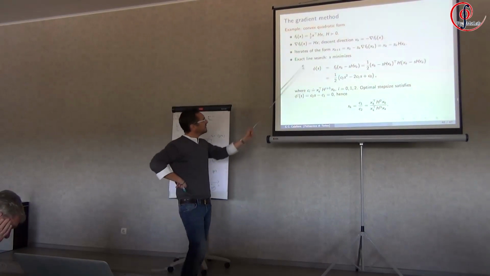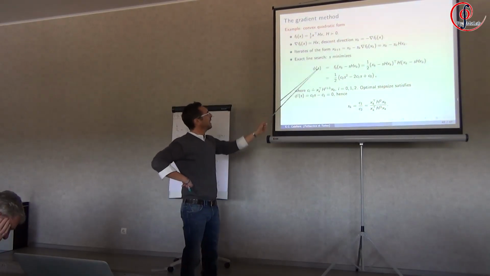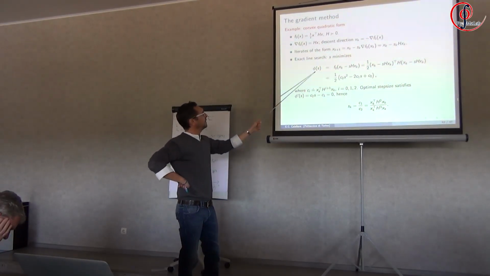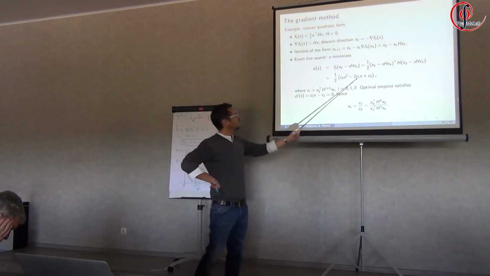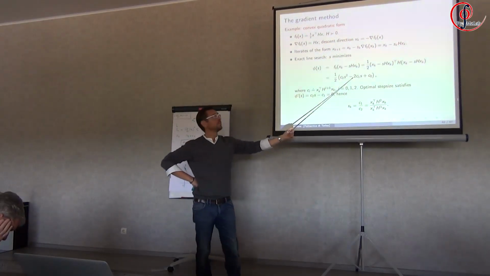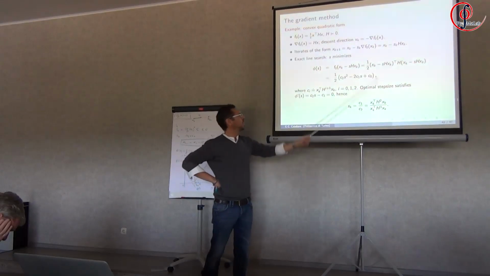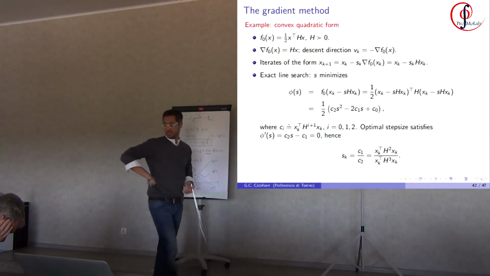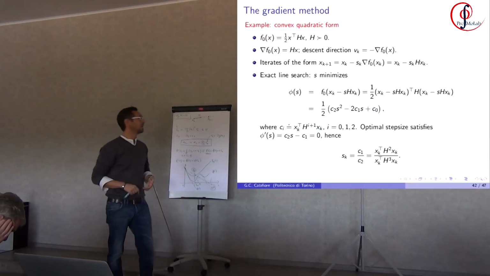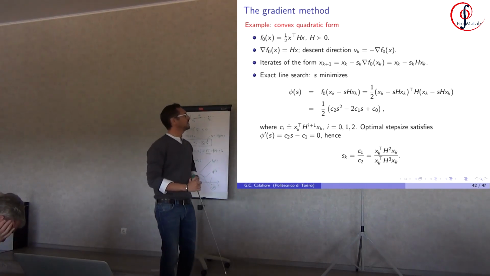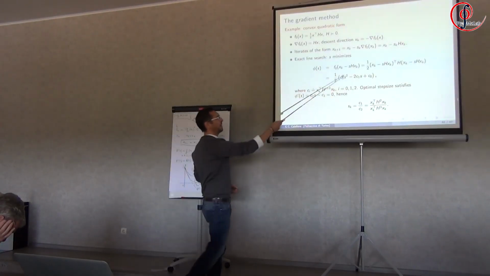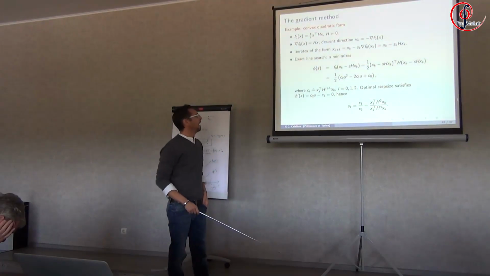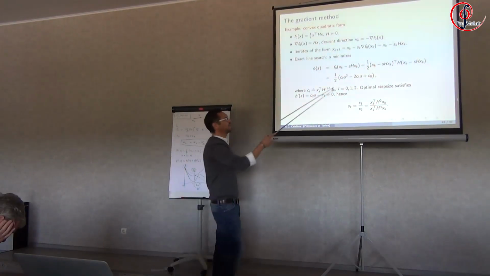And actually, in this particular case, we can write our function phi. And if we look at phi, it has exactly this form here. There's one half. It's a quadratic equation in s, of course. So this is just the line search equation. It's a parabola, and therefore we can solve